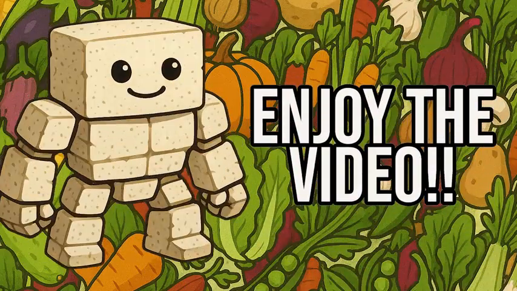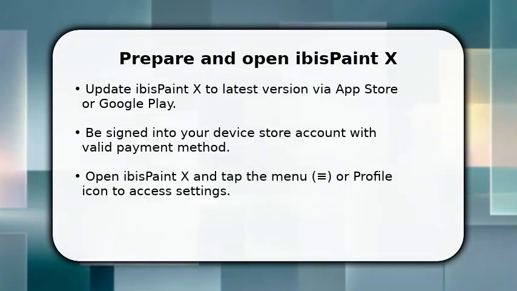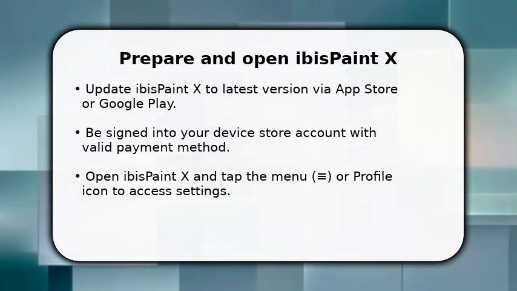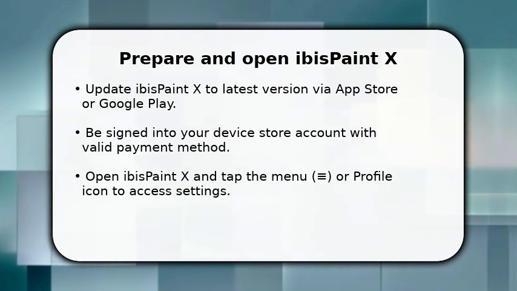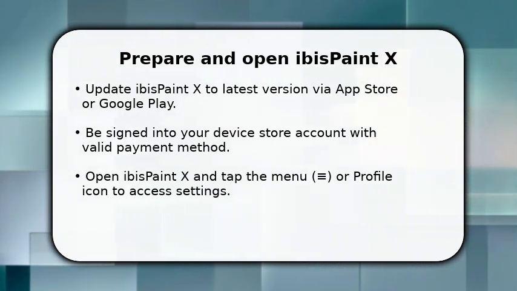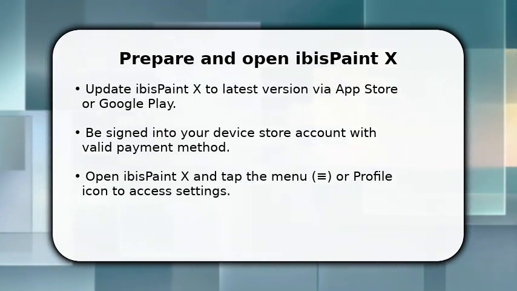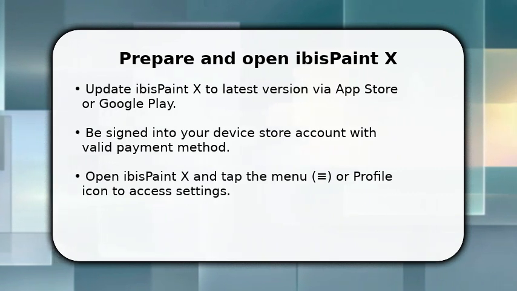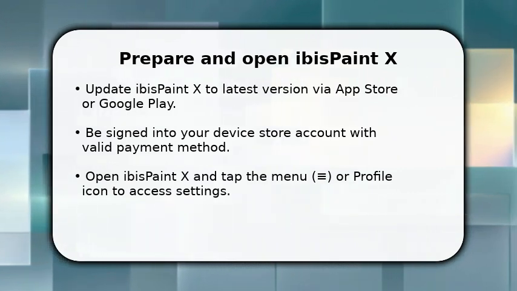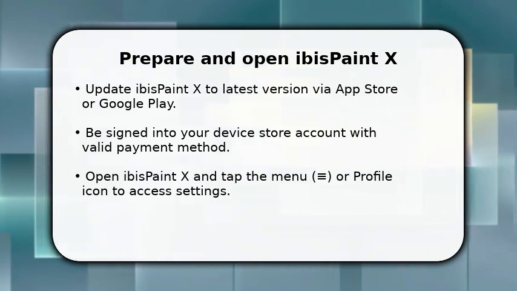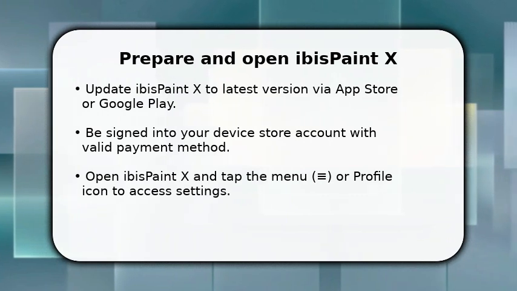Please enjoy the video. You start by updating and opening Ibis Paint X so features match the store version. Once done, make sure you're signed into your App Store or Google Play account with a payment method ready. Then open the app and tap the main menu or your profile icon to access settings. This is where the Remove Ads option appears. You're doing this first to avoid errors during purchase and to ensure the app recognizes your store account immediately, which